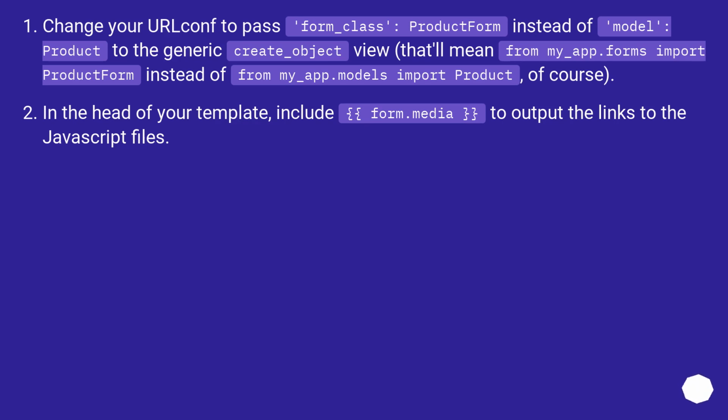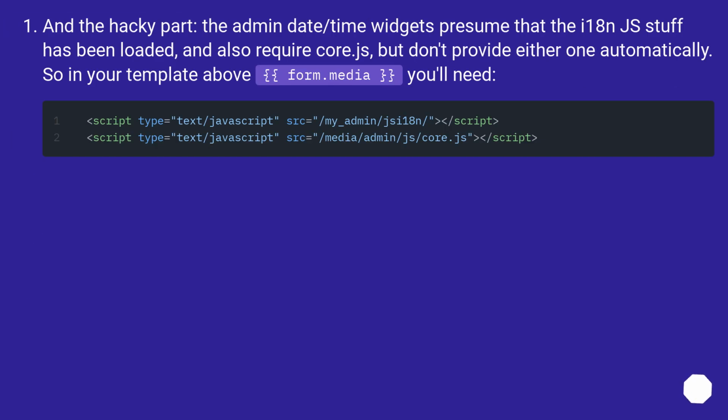In the head of your template, include form.media to output the links to the JavaScript files. And the hacky part, the admin date/time widgets presume that the internationalization JS stuff has been loaded and also require core.js, but don't provide either one automatically. So in your template above form.media, you'll need